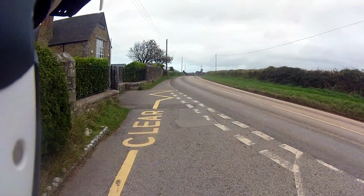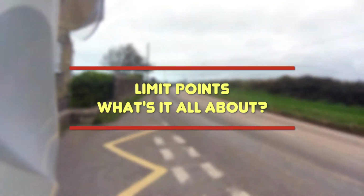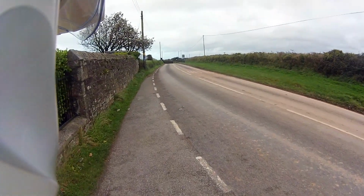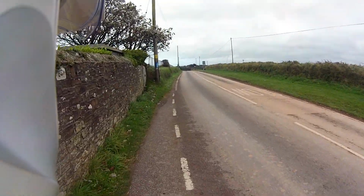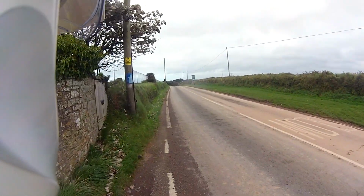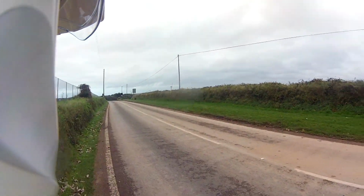Okay, so here we are on a windy day. I'm going to have to put my visor down. We're outside a little school in Cornwall, and we're going to try and explain the limiting point to you. Now, the limiting point is apparently a very difficult thing to understand, but it makes riding so much easier. And what we're trying to demonstrate is, the first thing will be